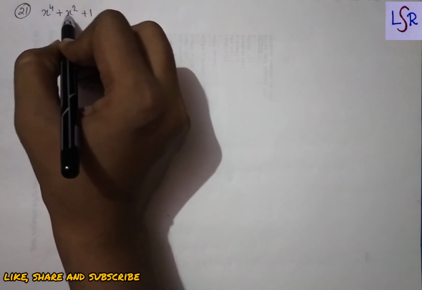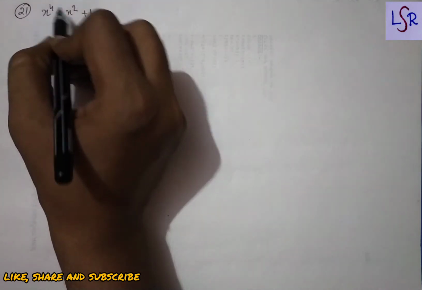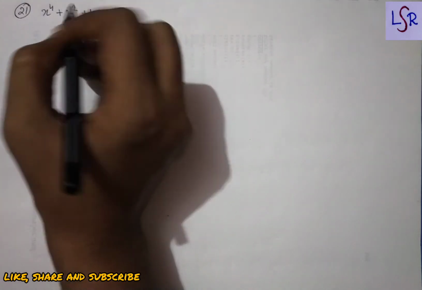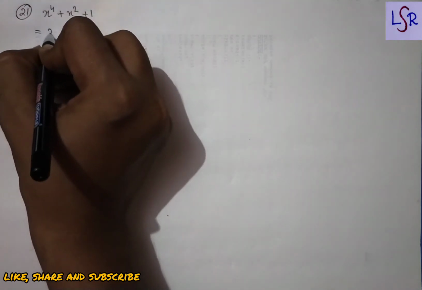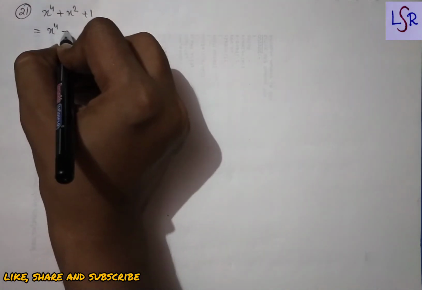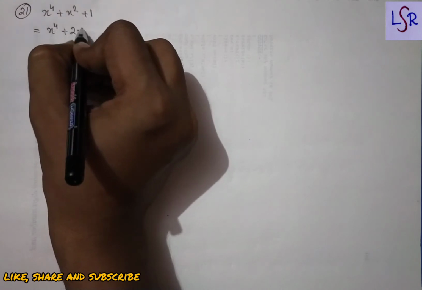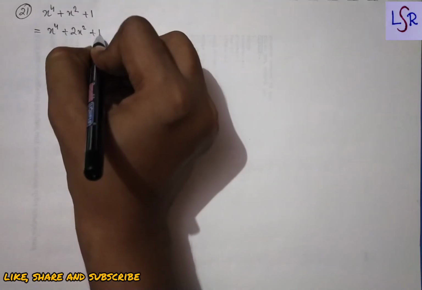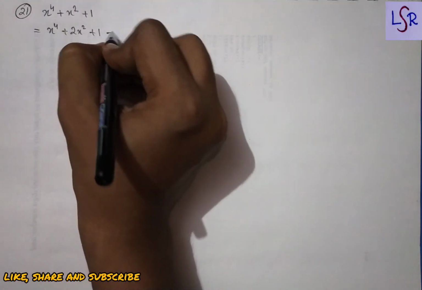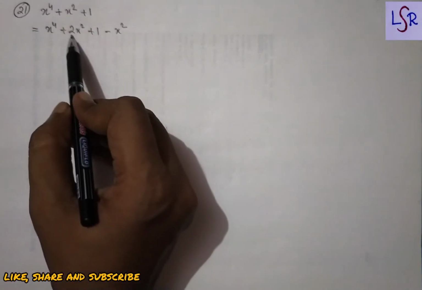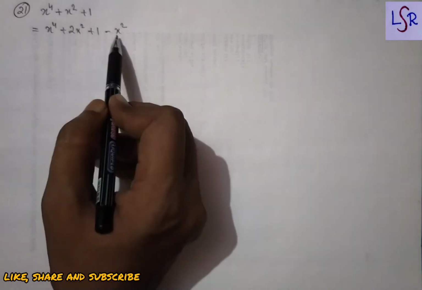Here in this question, we are having x to the power 4 plus x square plus 1. So we are going to write this as x to the power 4 plus 2x square plus 1, and to balance it, we are going to write minus x square. Now here, I have just written this x square as 2x square minus 1. Now, this can be written as